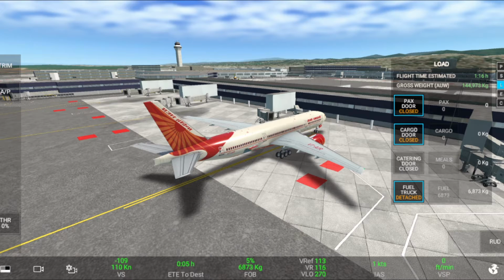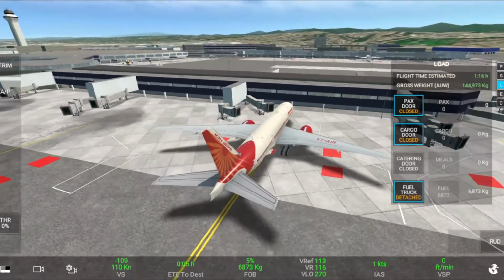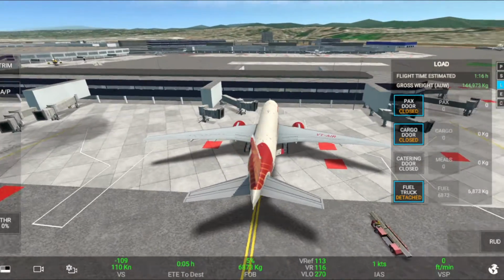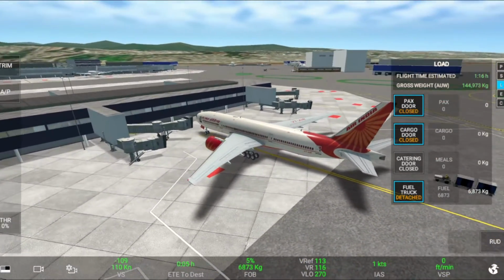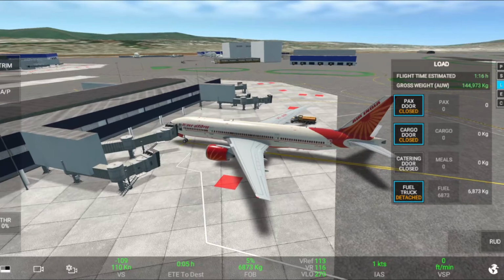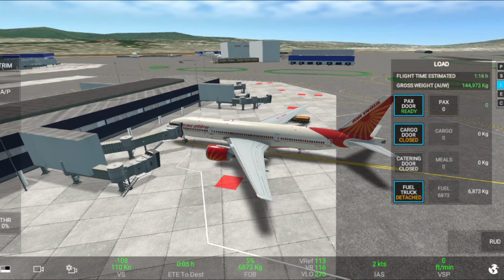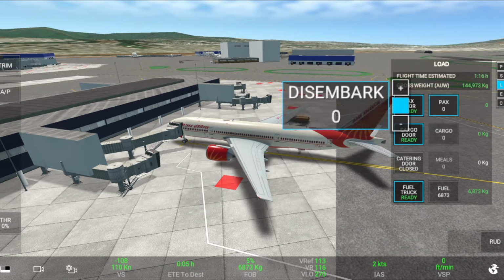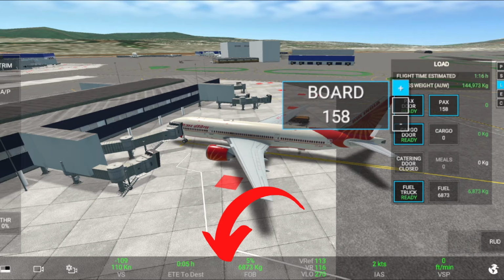What are the different speeds, what do they mean, and in case you receive a stall warning or low speed warning, how to rectify it and make sure you don't face the issue while playing. So let's get started. To begin with, here in the mini dashboard, as you can see at the bottom of